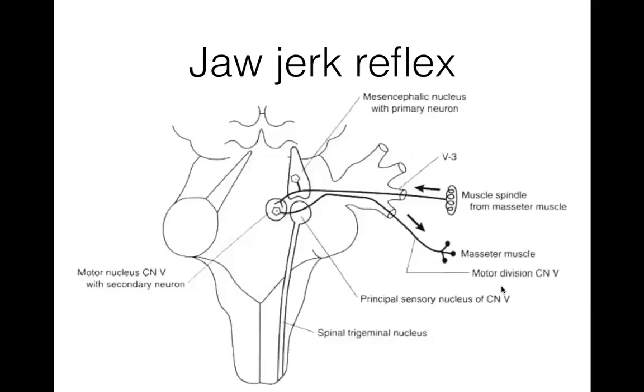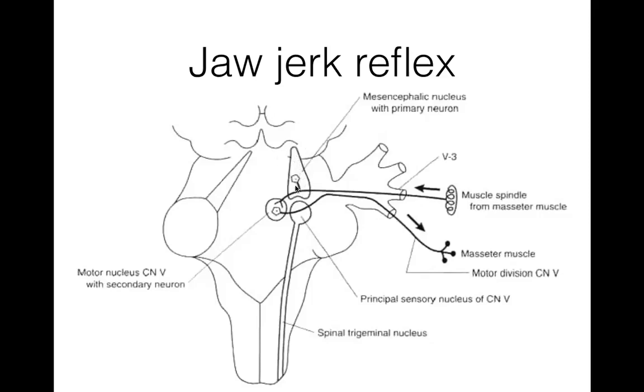Whenever we tap the chin, this results in the stretching of the tendon and activation of the muscle spindles that are located on the masseter muscle. So this information is relayed by the trigeminal nerve, sorry, that forms the